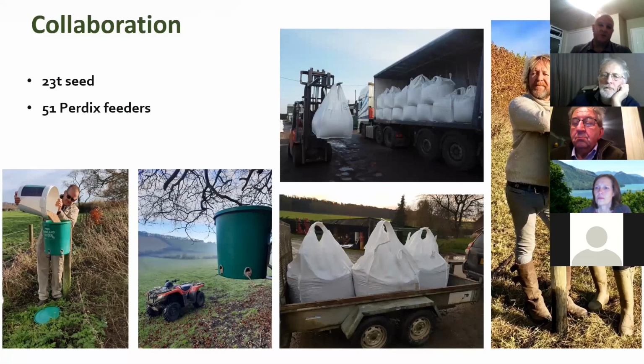So we talked through, well, actually, one of the simple things we can do, and this is not asking farmers to really change their farming too much, is look at winter feeding for farming birds. So we used the project and we put the offer out there, this previous winter, using the lottery money to say, if you're keen to get involved, we'll buy you half a ton of supplementary feed, a mix of cereal and smaller seeds, of